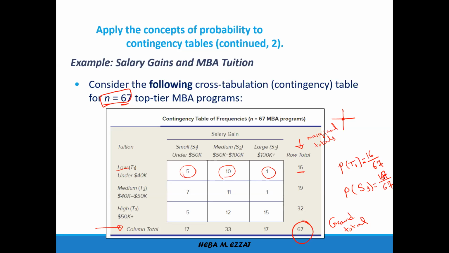Yes, 17 divided by 67. So if we are going to calculate the probabilities for the totals or the marginal totals like this, we call these probabilities marginal probabilities, as it shows us the probability of having the